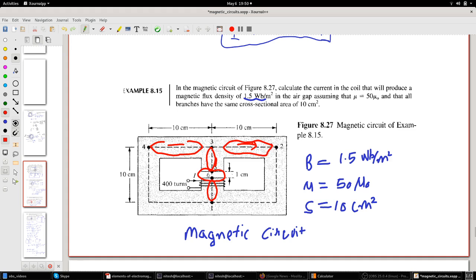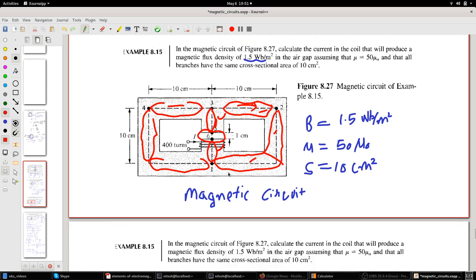Okay, which is 10 centimeters. And then I can create a reluctance for this core. Actually this particular reluctance is in series, so I can add all three reluctances, these guys 1, 2 and 3. I can convert it into a series 1 reluctance. Similarly, I can create one reluctance for this part, this length. Similarly, I can create one reluctance for this guy and this guy, since they are in series. And then the air gap reluctance will be separate because it has a different mu.